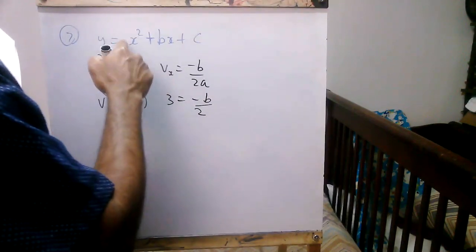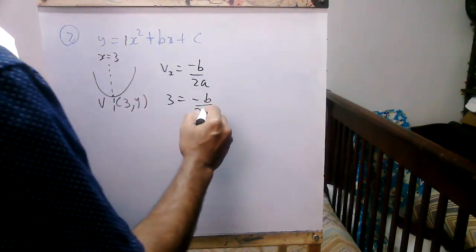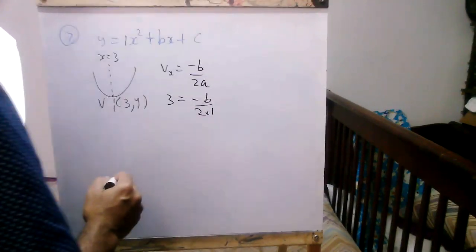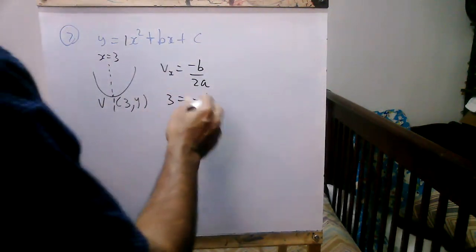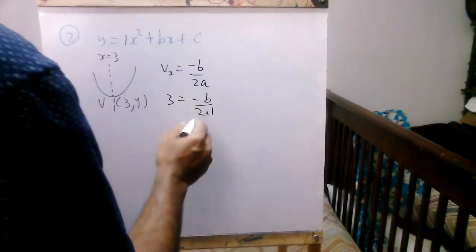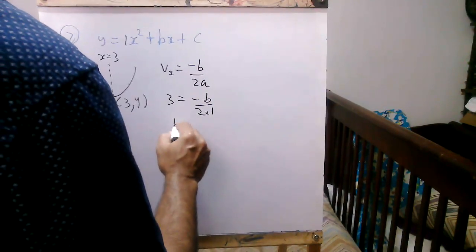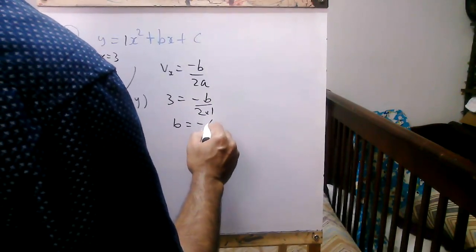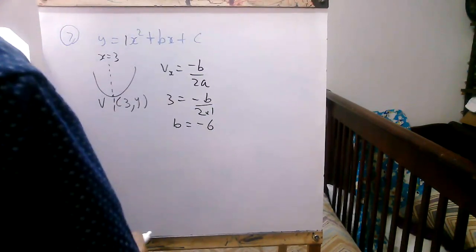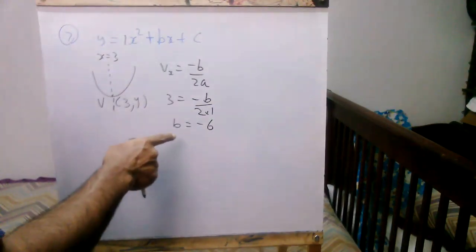Two times a, where a is 1 here, 2 times 1. If you cross multiply, we get 3 times 2 is 6. That is negative b equal to negative 6. Right? Now